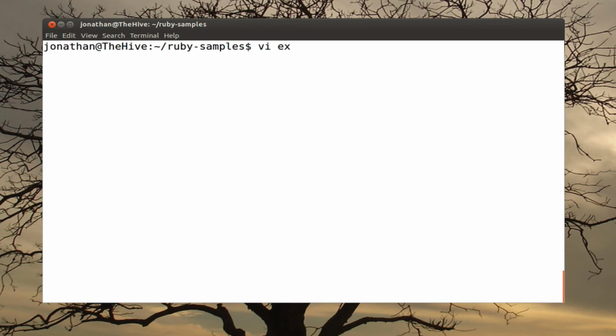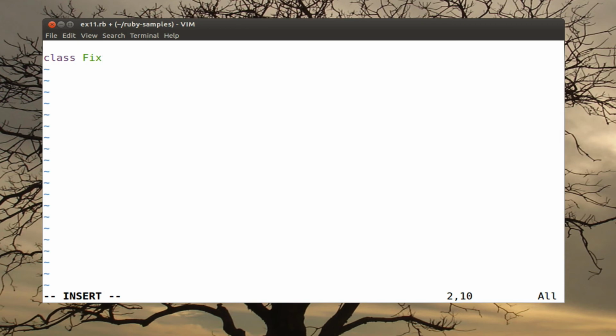So let's go ahead and add a method to the fixnum class that behaves just like the times method that already exists. We can do that by using the class construct, and we'll talk about classes in more detail shortly. And we'll define a method here called myTimes. We're going to implement it by saying I equals self. And self here is a reference to the object, which is the context of this method invocation. So it's very similar to the this pointer in Java. And I'll go into a loop and I'll say while I is greater than 0,